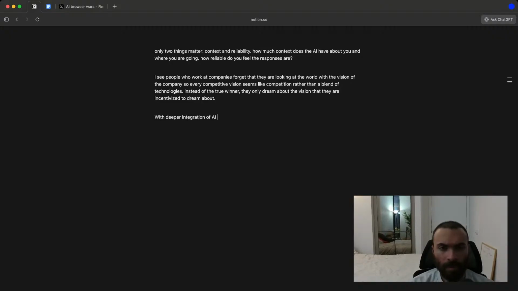With deeper integration of AI in the UI, it reduces the friction for you to use AI, as compared to what you would have used if you just had the web app.